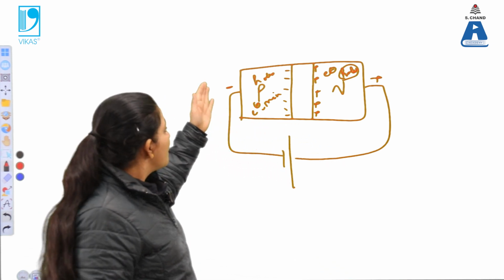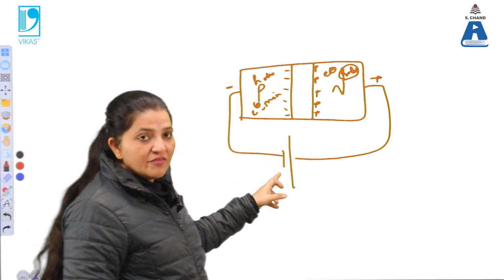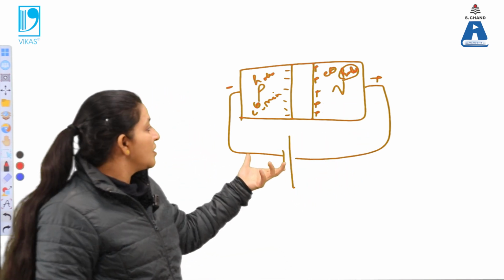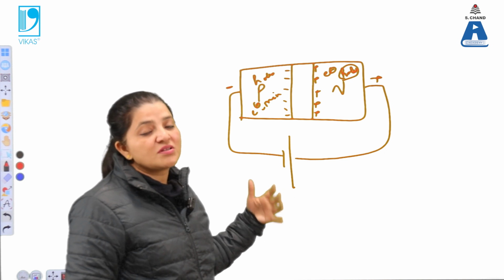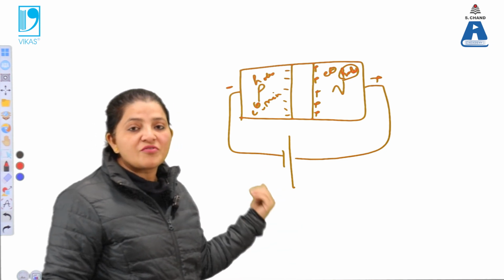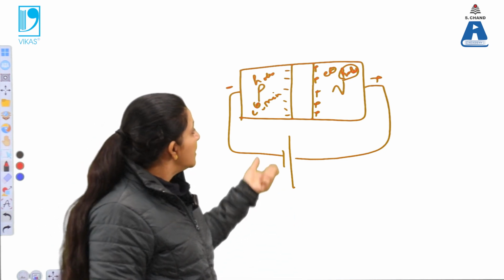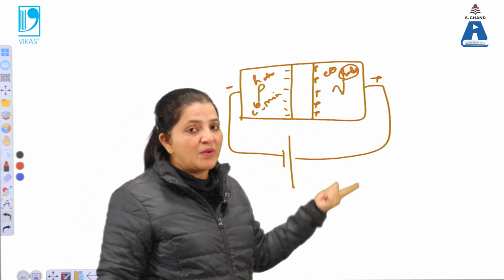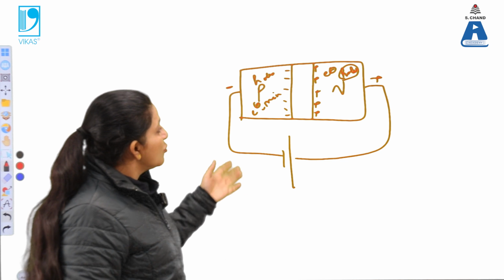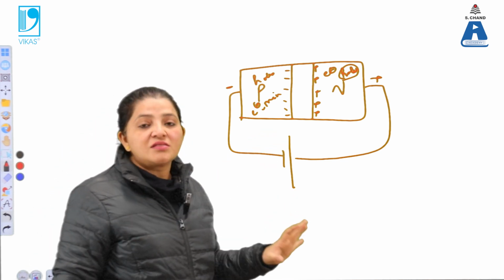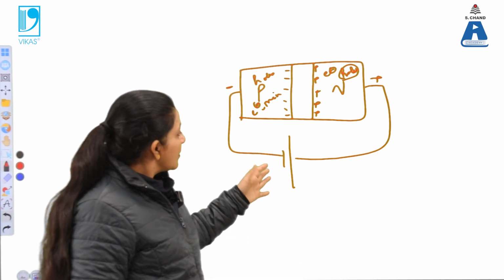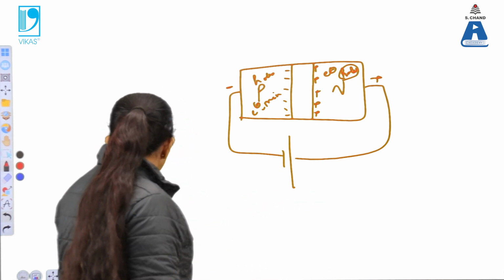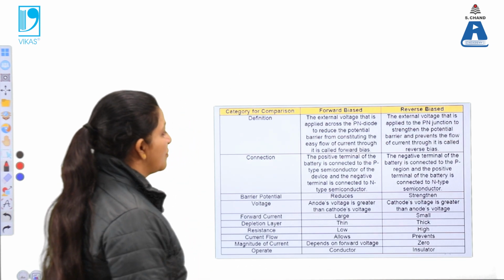So when the P is connected with the negative and N is connected with the positive terminal of the battery, there is no current in the device, or you can say that a very small amount of current is present in the device due to the presence of minority charge carriers in P type and N type. While due to the presence of majority charge carriers, there is no current in the reverse biasing condition of the PN junction. So this is the explanation of the first point.